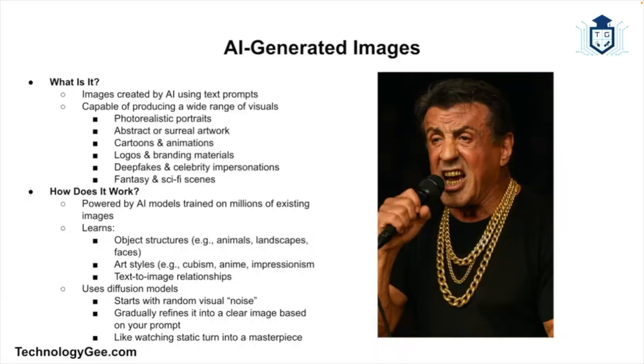Now, how does all of this work? Well, most popular image generation tools, they use models that are trained on millions of images. And the model learns what objects look like, a cat, a mountain, or a human face, how the styles work, such as cubism versus realism versus anime, and how to match images to descriptive text. And three of the most popular models are as follows. So you have what is called DALL-E, and that was created by OpenAI. You have Midjourney, and you have another one called Stable Diffusion. And they use a process called diffusion. And this is where random noise is gradually turned into a clear image guided by the text prompt. So imagine starting with static on a TV with no signal. Then frame by frame, the picture sharpens into your vision.